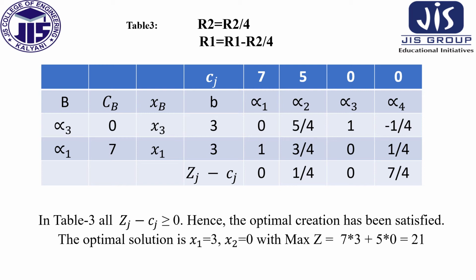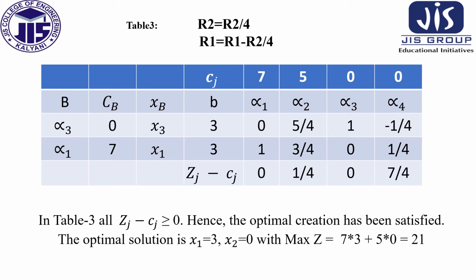So we are dividing the total R2 row, the second row, by 4. We are applying this formula from the B value. So this value will be 12 by 4, this is 3, the B value. Alpha 1 column 4 by 4, this will be 1. Alpha 2, this will be 3 by 4, this is 0, this is 1 by 4. Okay, and all the other elements of the alpha 1 column will be 0